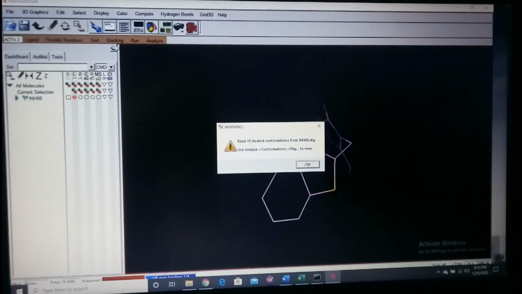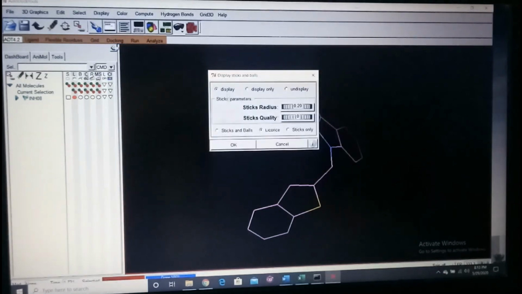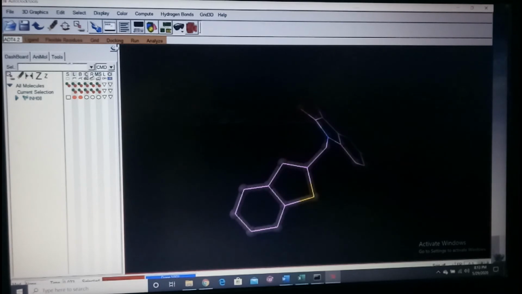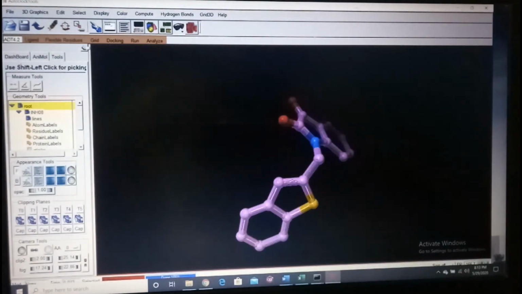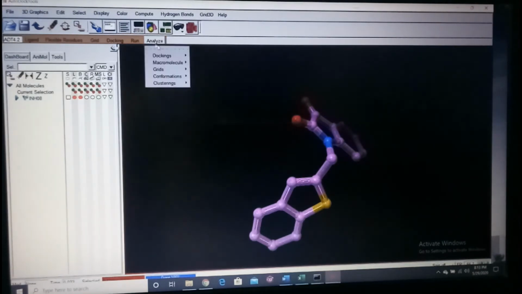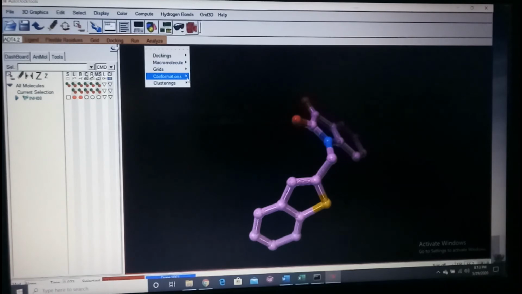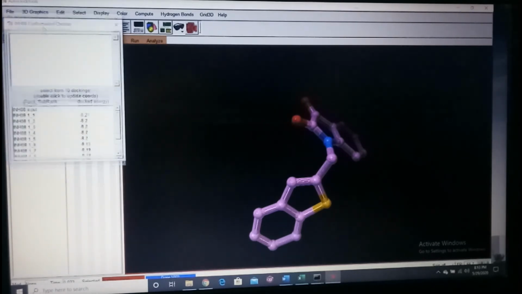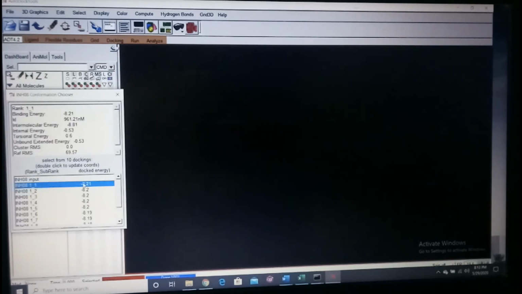We'll get the structure of a ligand here. Then just go to display in order to view it properly in ball and stick. Just okay. In laptops it won't be visualized properly, so go to tools, just click on here, it will be a darker one. Then again analyze. We have a ligand. Now we'll go for conformations, just click on load, and minus 8.21, this is the least one, right? So I'll just double click on this one, and you can see the binding energy here, Ki value, all these.